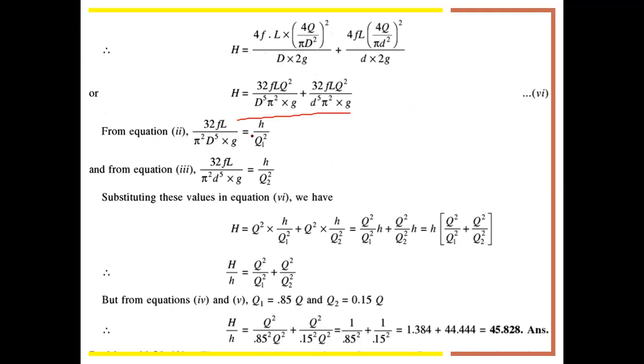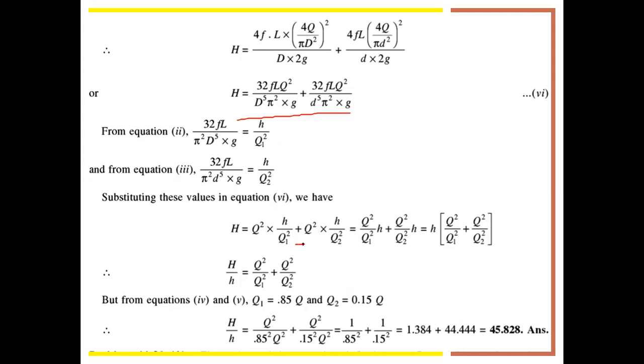From equation 2, this one, and from equation 3, this one. So equation 2 gives H by Q1 square, and equation 2 gives H by Q2 square. Substituting these values in equation 6, therefore what you are getting is H equals this one, and Q2 into H by Q1 to the power of square